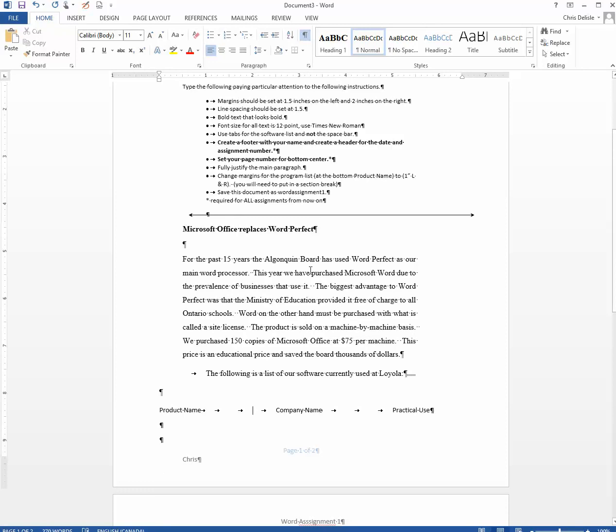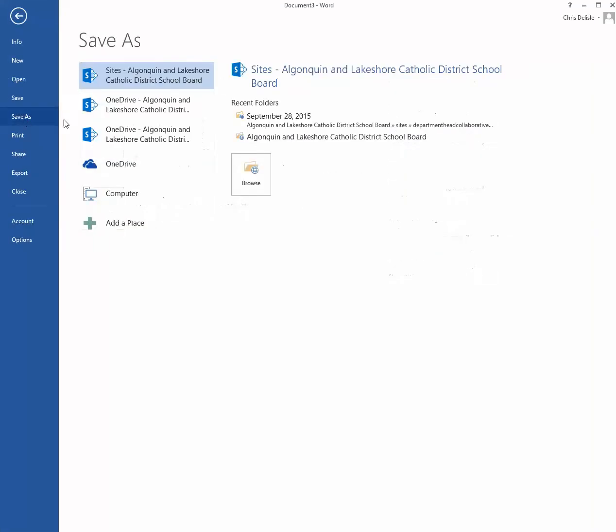And make sure you save the document as Word Assignment 1, File, Save As, and then